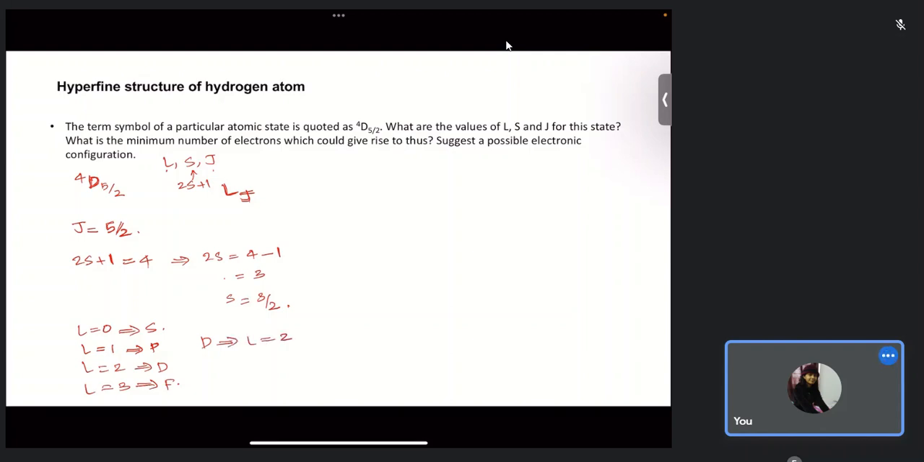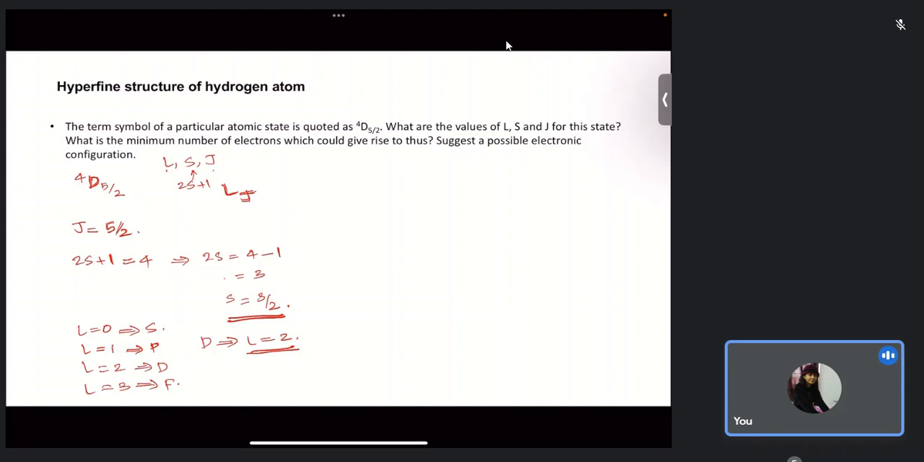So this says that the orbital angular momentum quantum number is going to be 2, the spin angular momentum quantum number is 3 by 2, and the total angular momentum is going to be 5 by 2. So then we have been asked to find what is the minimum number of electrons which could give rise to